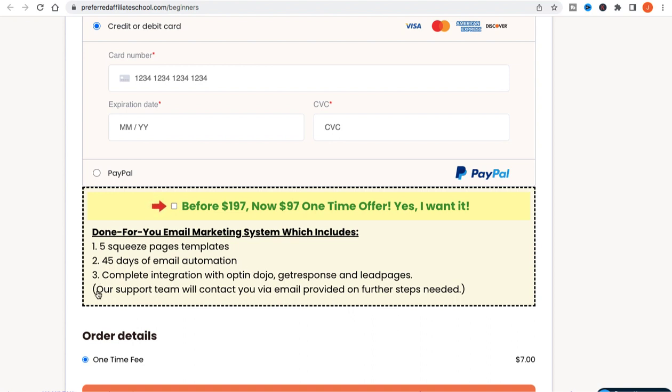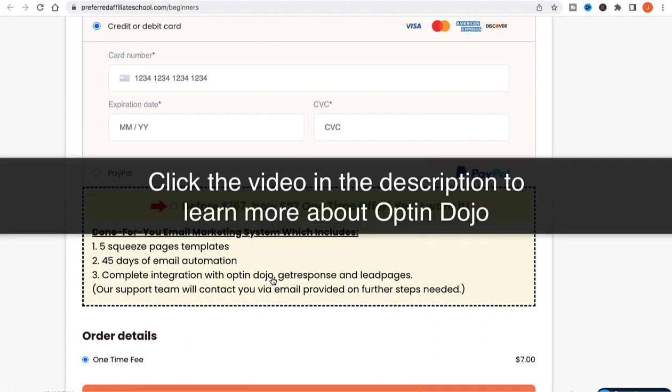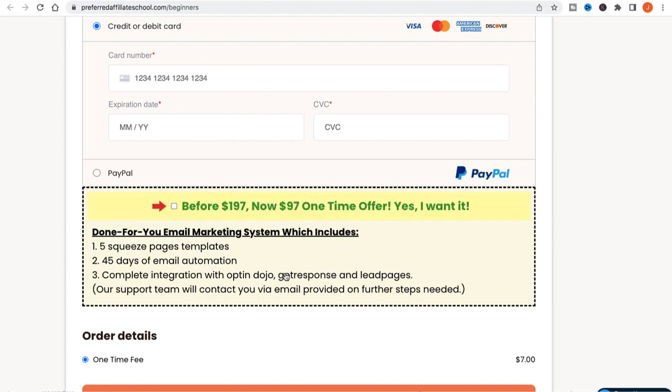And it comes with the complete integration. It integrates Opt-in Dojo, which is third-party software that tracks all your clicks. It can track your sales. It can track the solo ad vendors, so you'll know who's sending you the best sales. It can track your emails and show you what emails got you the sales. It tracks everything. It also integrates with GetResponse, so you can use Aweber if you have Aweber, and